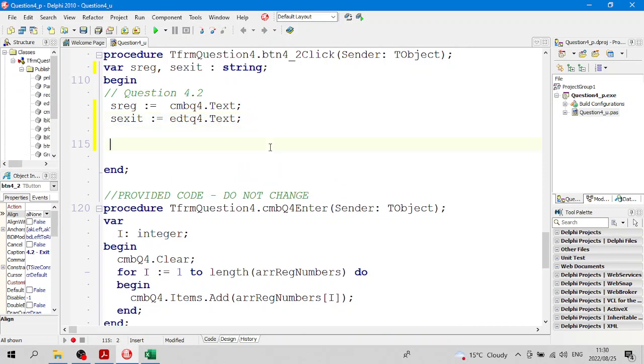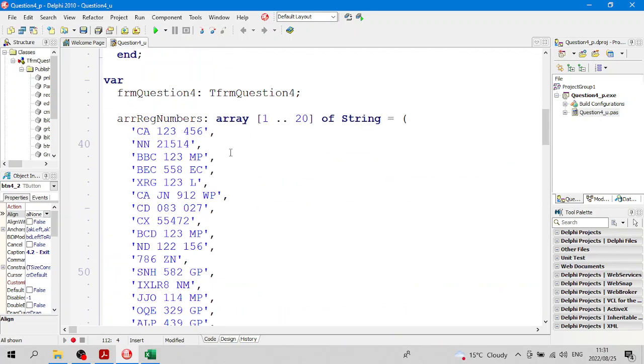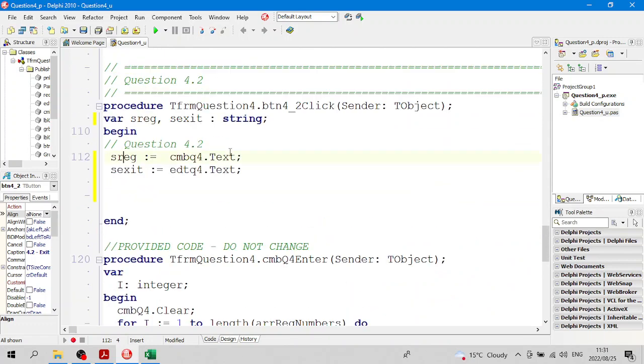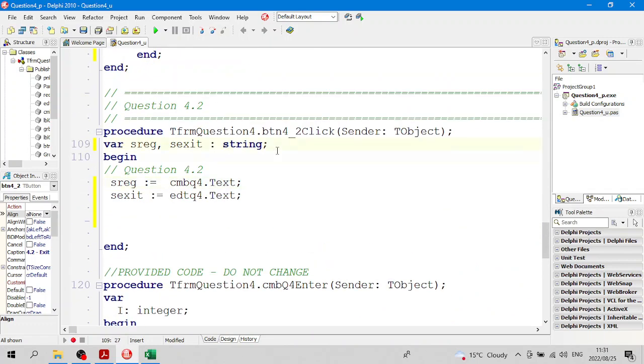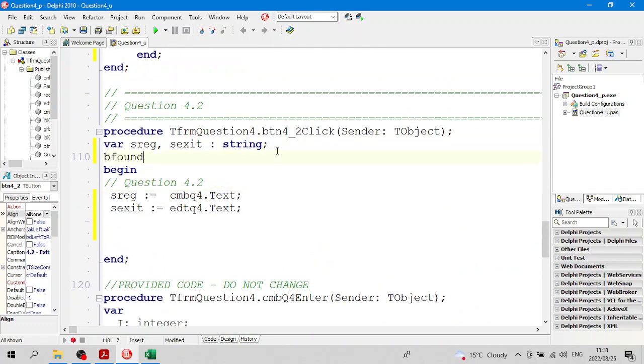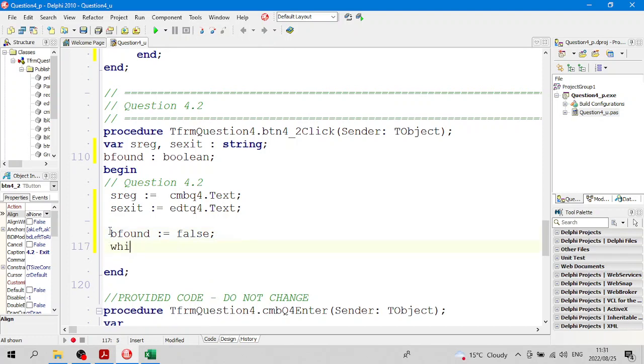Right, now I said that I want to stop the loop. I'm going to go through and look for my sReg in the array called arrRegNumbers, but because I'm really kind to the processor, I don't want to make the poor processor tired, I will get a Boolean flag, set it to false, and while